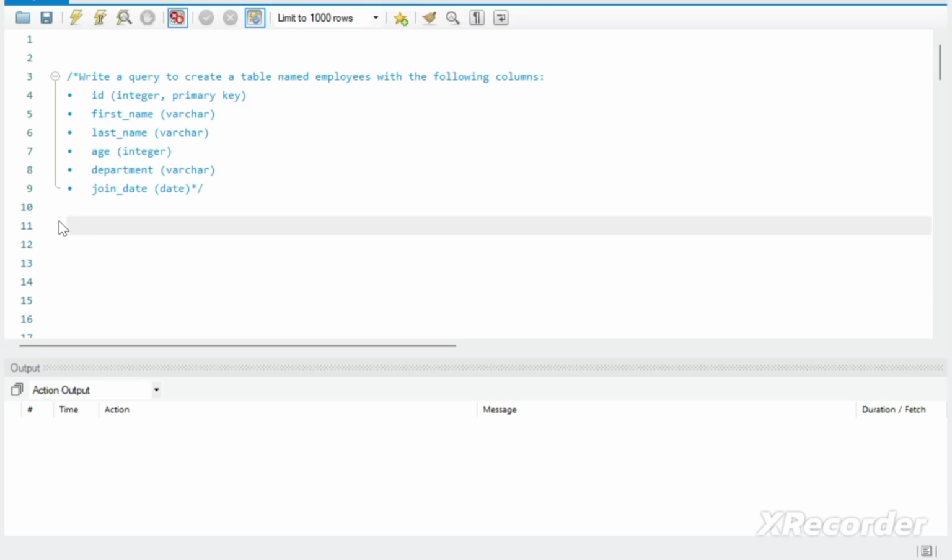In this video, we will try to solve some queries regarding SQL. At first, we will see the query, that is, write a query to create a table named employees with the following columns. So the fields are ID, first name, last name, age, department, join date. For creating the table, we will be having the command, that is